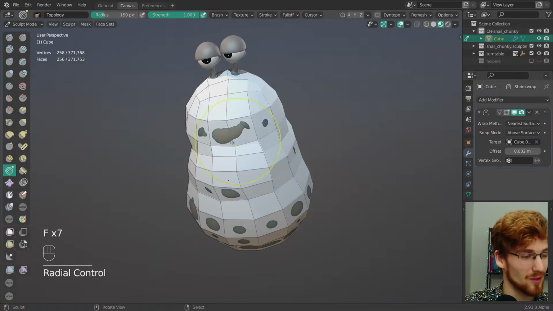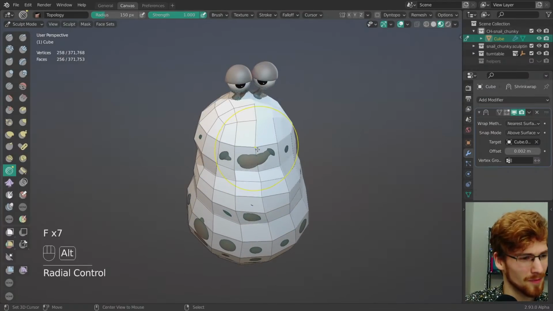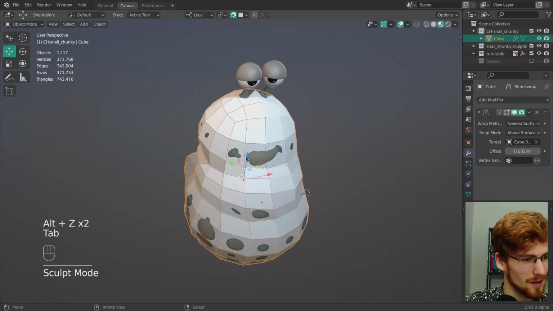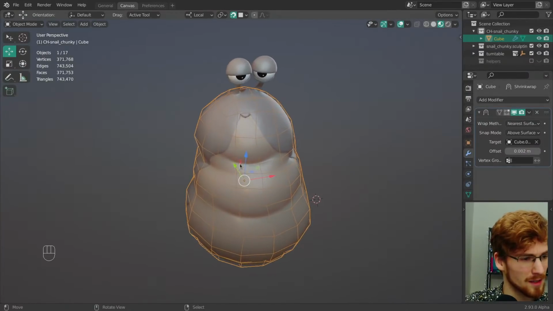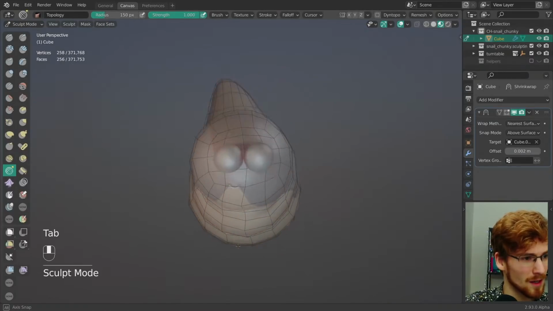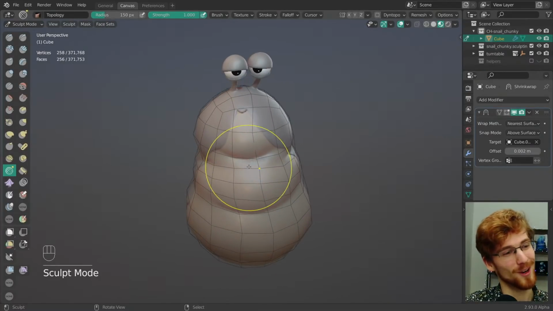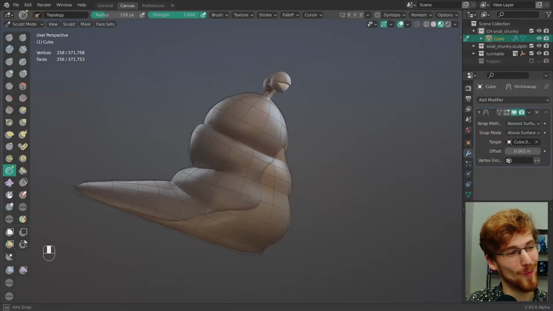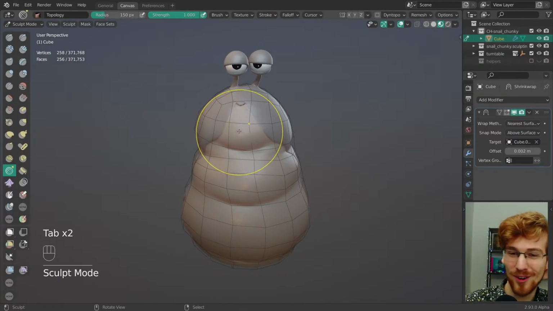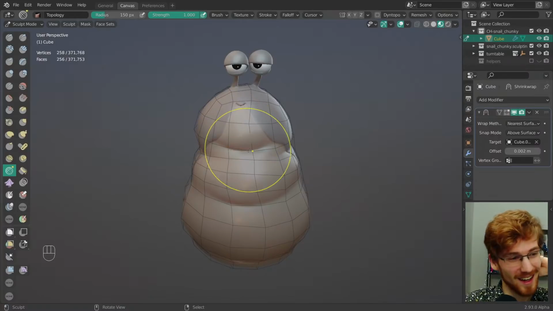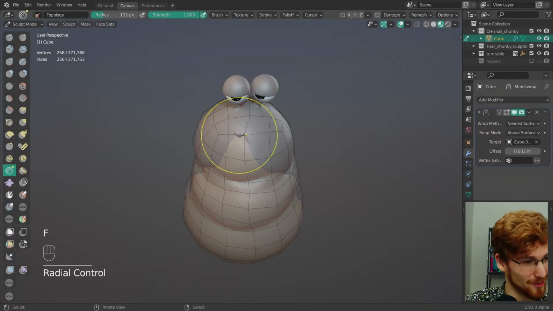But yeah, what I'm doing right now, let's see, in front doesn't work, but I want to change the display type to wire. Hey, this actually works. Wow. And now I have the same result in sculpt mode. Okay. This is actually very helpful. So now I can use